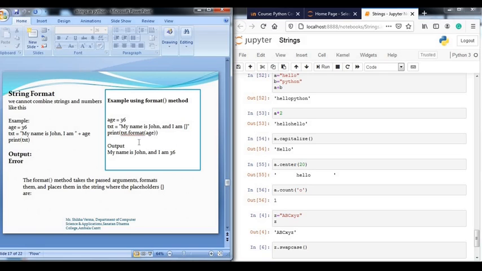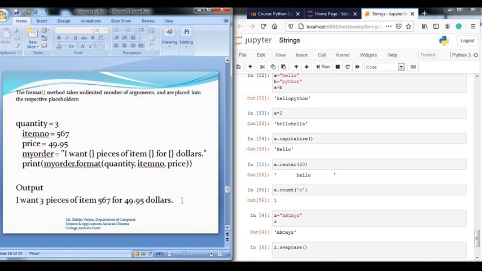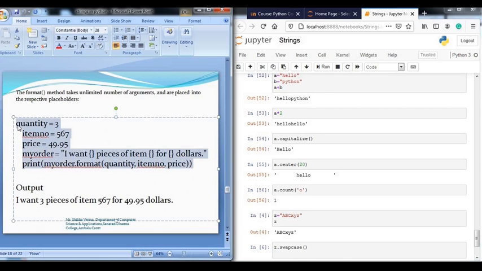So wherever it gets curly braces, there it will print the value. My name is John and I am, curly braces. Then I have written text.format age. So in the curly braces, the age value will be printed. So next, see, here is an example of format.